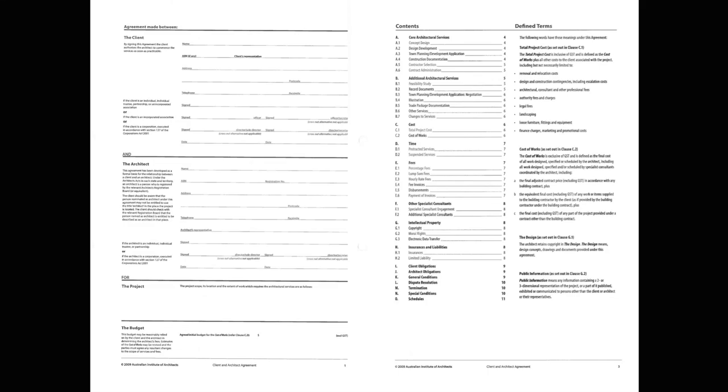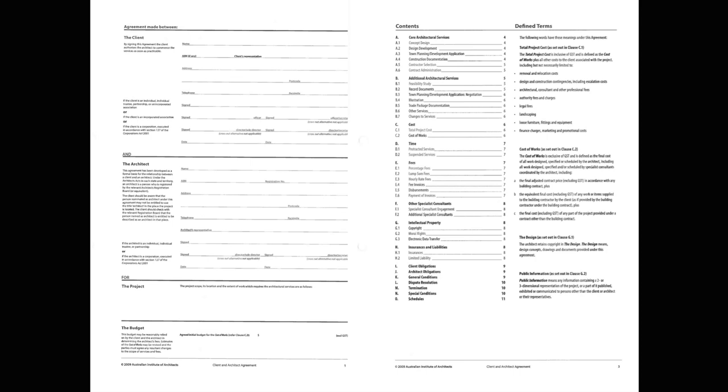Now, once the architect or the consultant is appointed by the client, they start having a relationship essentially. This involves accepting the fee proposal, from which an agreement or a contract needs to be entered into between the client and the consultant. So what I'll do is use the example of the standard AIA Client Architect Agreement as an example of how this works.